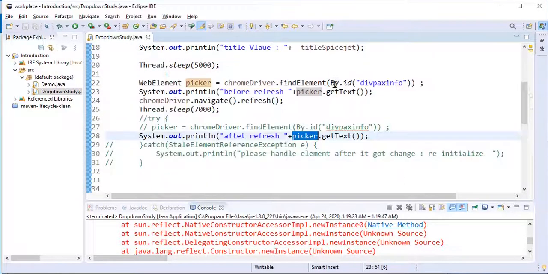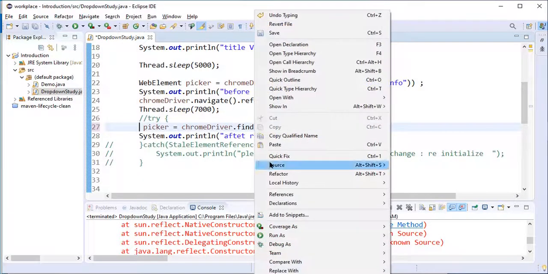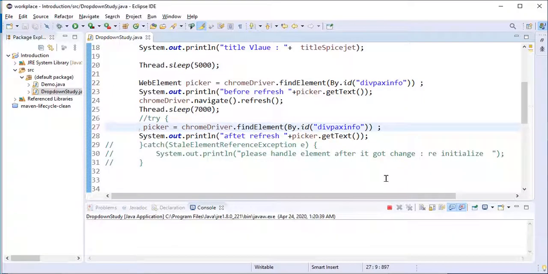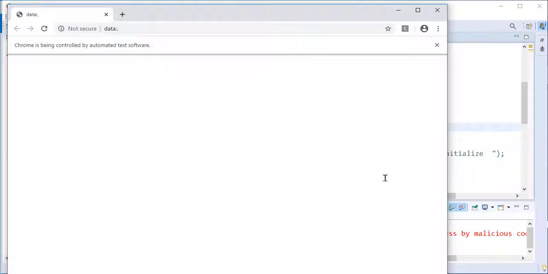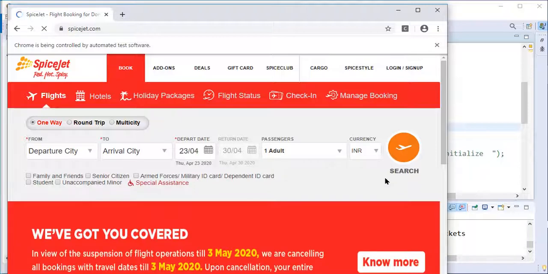To solve this error, one method is to reassign that variable with that element again. We'll reassign it and run the program again. This time it will initialize it again with its property, and it will work.